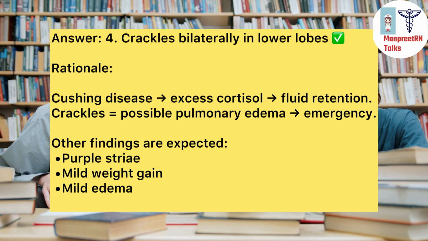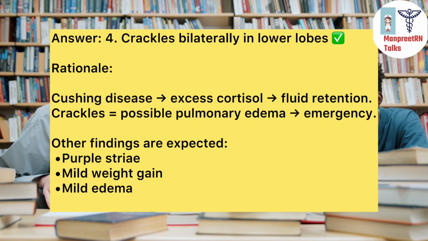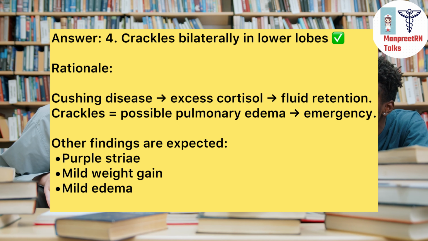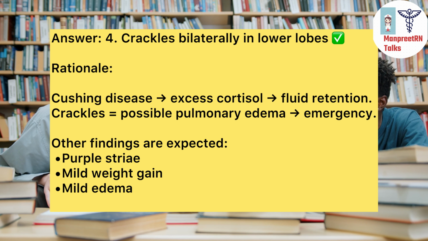So excess cortisol mainly causes signs like moon face, buffalo hump, truncal obesity, striae, and weight gain. So these are the expected symptoms. The presence of crackles in the patient's lungs indicates excess fluid volume caused by excess water and sodium reabsorption and may be a symptom of pulmonary edema, which must be treated immediately. And the other options like stretch marks, weight gain, and dependent edema, as I have discussed earlier,